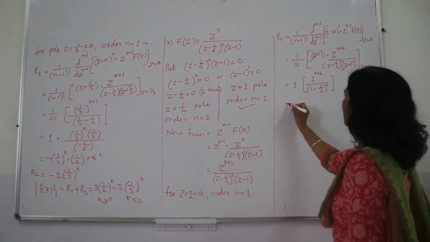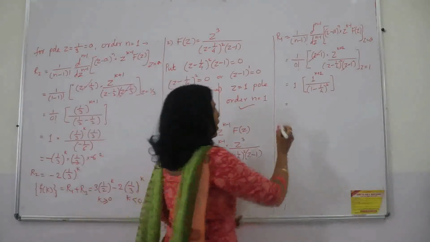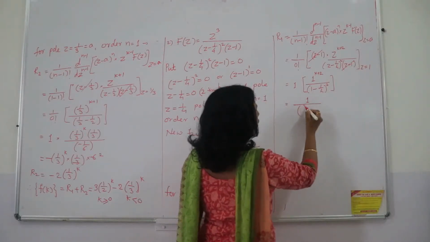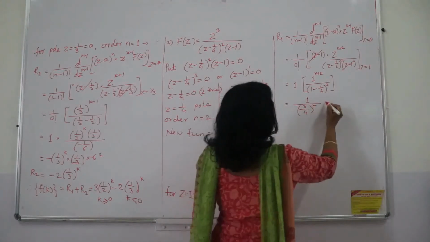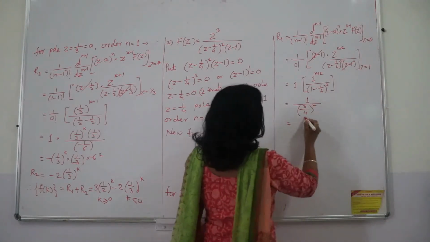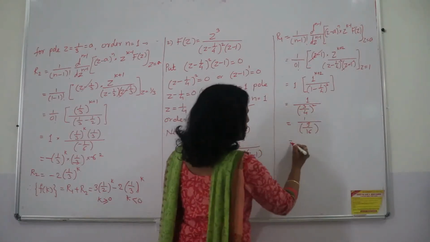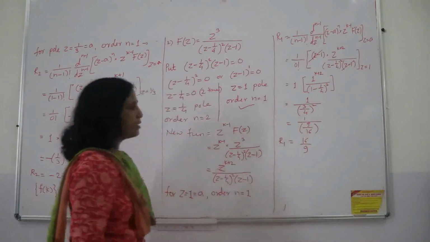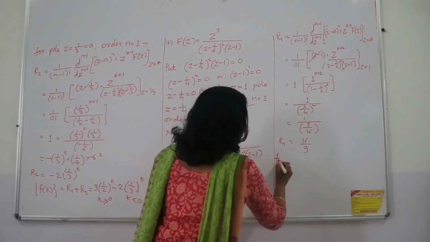Okay. Now see, if I simplify, 1 raised to any power is going to be 1. So I can directly write 1 here, and in the denominator, see here, cross multiplication will give me 3 upon 4. 4 ones are 4 minus 1, it is squared. So let me calculate it here only. So it is 9 upon 16. The denominator goes in the numerator, 16 by 9, and this is my first residue which I have calculated. Clear?